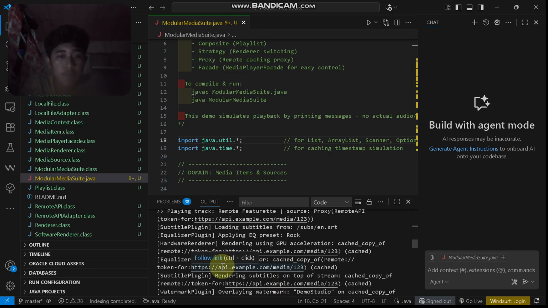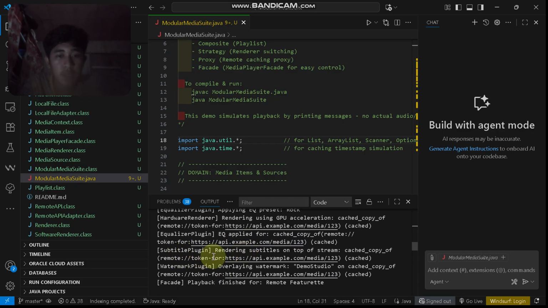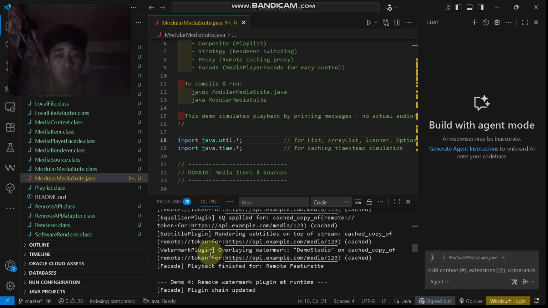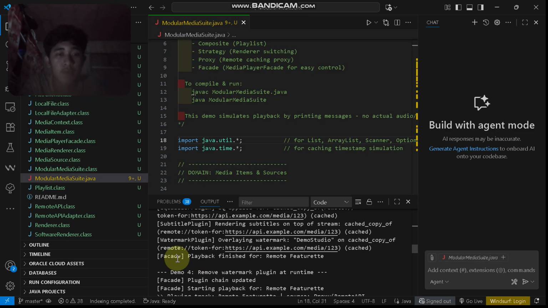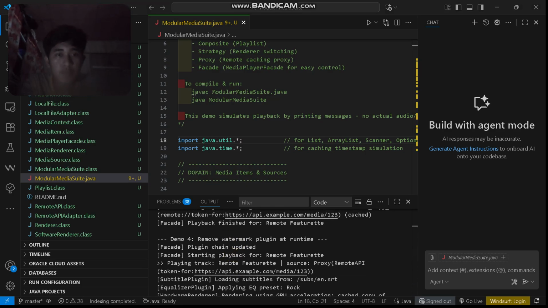Next is the cache proxy source in demo number 3, which is to apply plugins like equalizer, subtitles and then watermark, and play a remote cached stream. The facade gets the plugin chain updated, then starts the playback for remote featurette. It plays the track, then puts all the subtitle plugin, equalizer plugin, and back to the hardware renderer, which renders